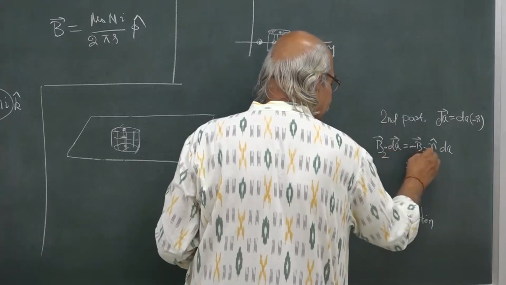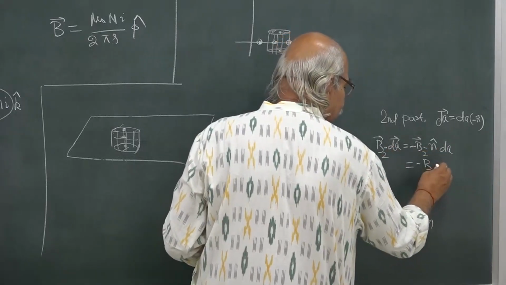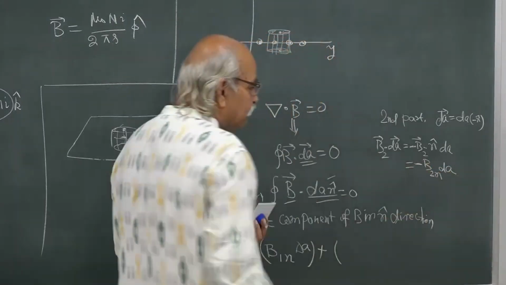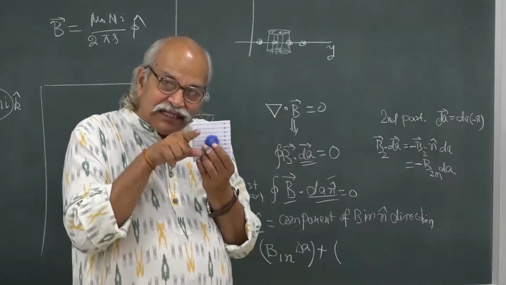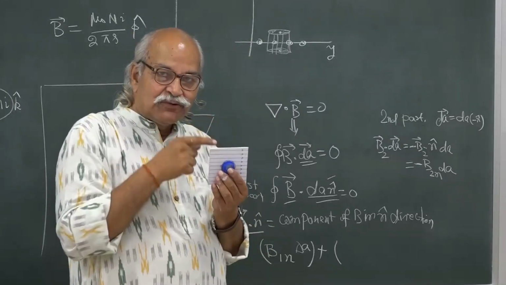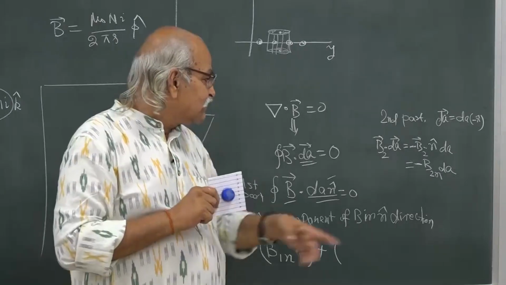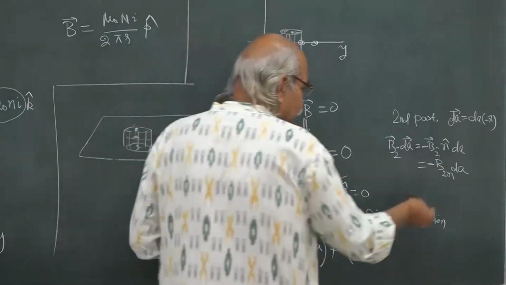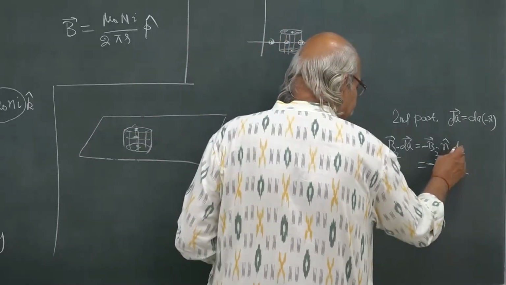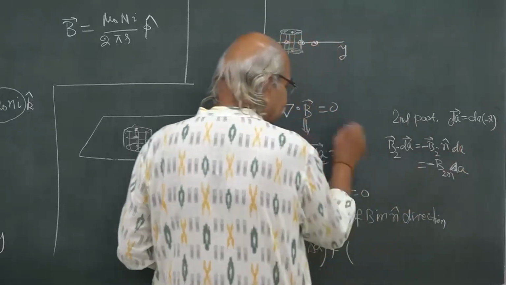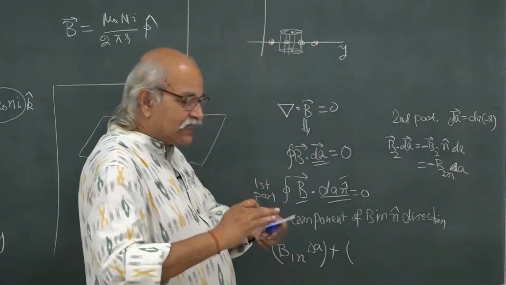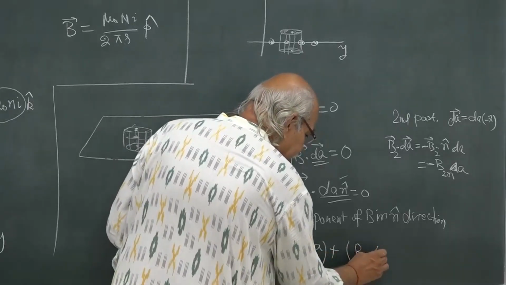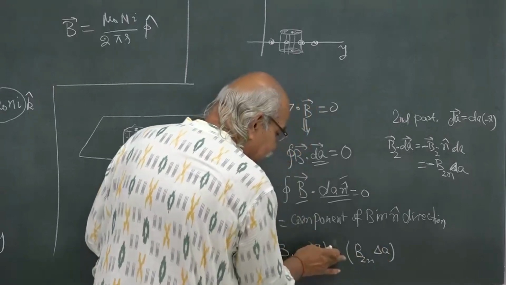and this will be minus B, let me write it 2 second side. So, B 2 n dA minus, because I am taking the component in the same n cap direction, and since dA vector is opposite, that is why this minus is coming. Now, this dA is fine, but this whole thing when I do on this entire surface which is delta A, this will be B 2 n delta A with a negative sign. So, I put minus here,